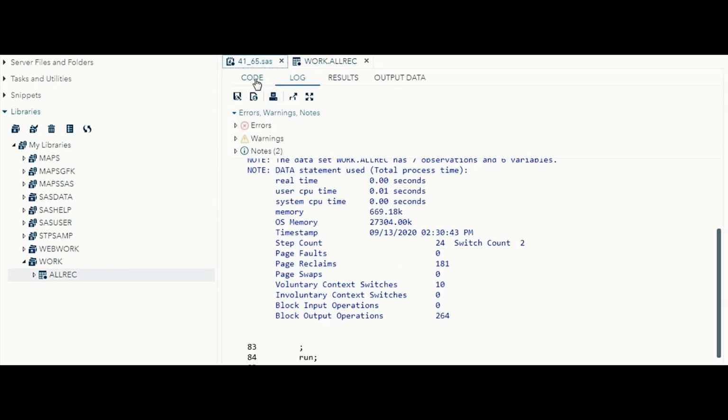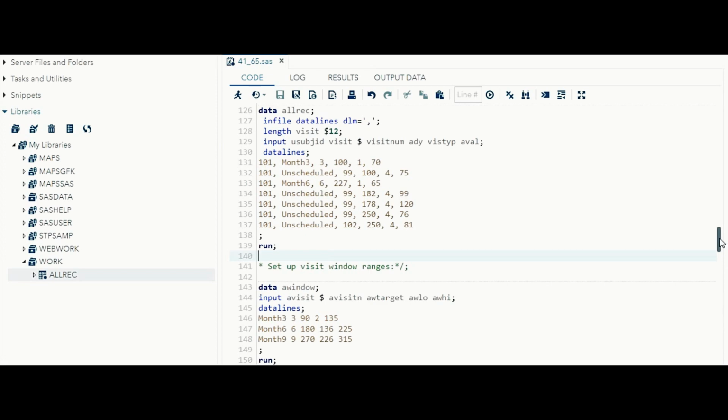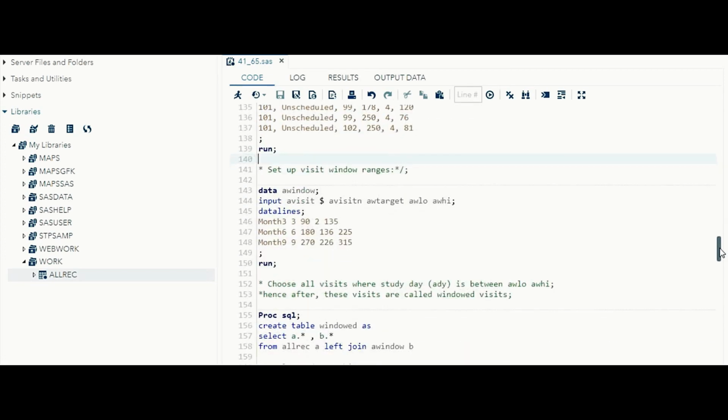Now, what is the visit windowing concept and what is the difference between VISIT and analysis visit? If the statistician wants to do the analysis in a different manner compared with the visits collected in the SDTM data set, where many unscheduled visits were collected, then from the statistician's point of view they want to analyze month 3, month 6, month 9, like that. So how can we map the visit information to an analysis visit by applying the visit windowing concept? Simply, they will mention the visit windowing like this.